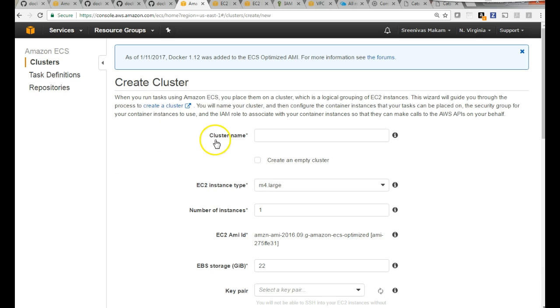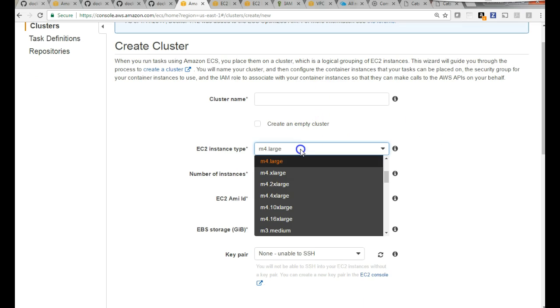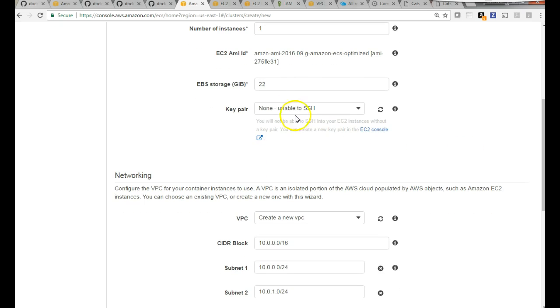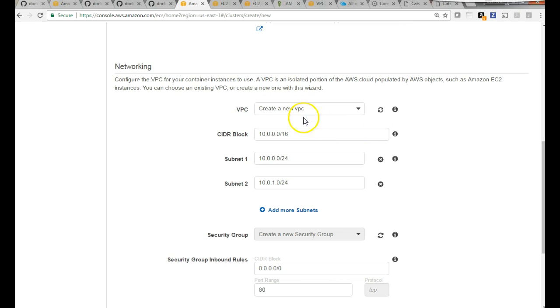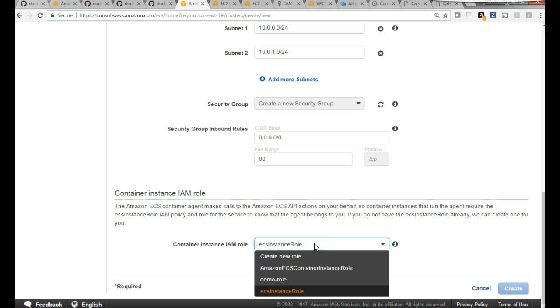The first step would be the creation of the cluster itself. First we specify the cluster name, the instance type, the number of instances. In this particular example, I've used 2 as the number of instances. Either we can use the existing VPC or we can create a new VPC. This is for the security group, and here is where we use the IAM instance role that we created earlier. In this case, I have created the AWS ECS container instance role,